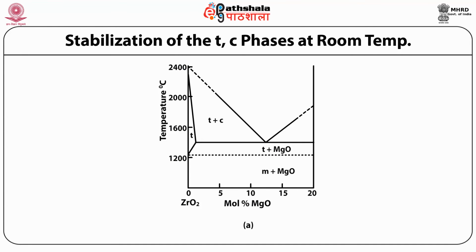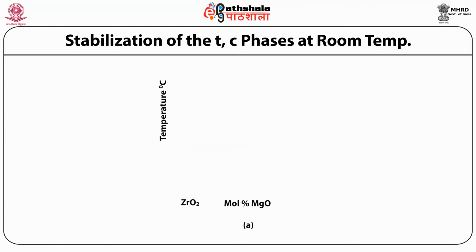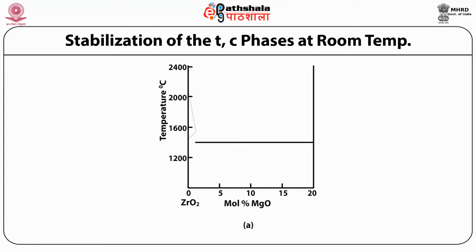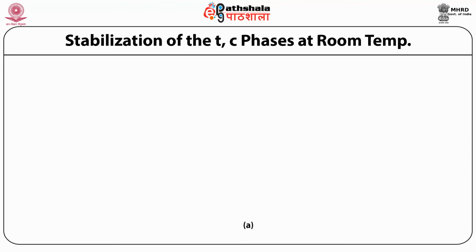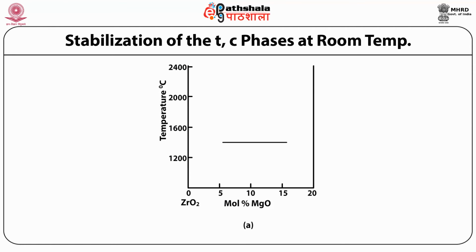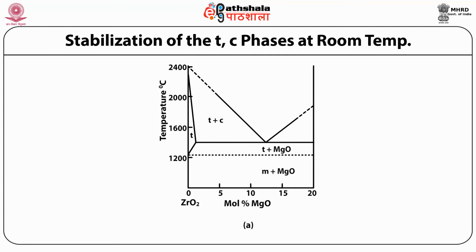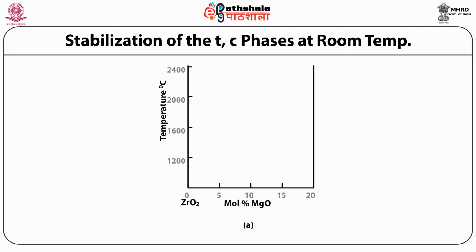As such fine particles are difficult to prepare, it is necessary to increase the critical size of tetragonal phase stability so as to make use of the transformation toughening. As also mentioned earlier, the critical size can be increased to large values by adding some soluble oxides called stabilizers to zirconia, and the most common of these, which we have already discussed, are calcium oxide, magnesium oxide and